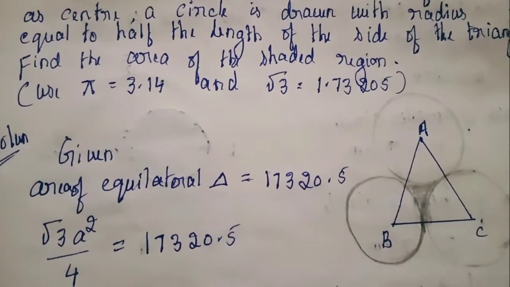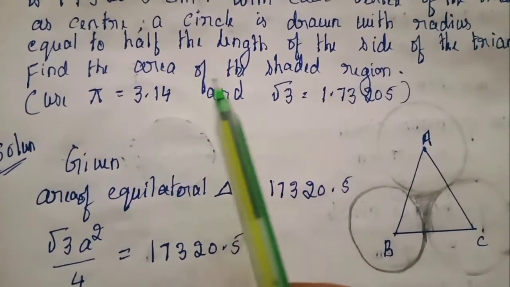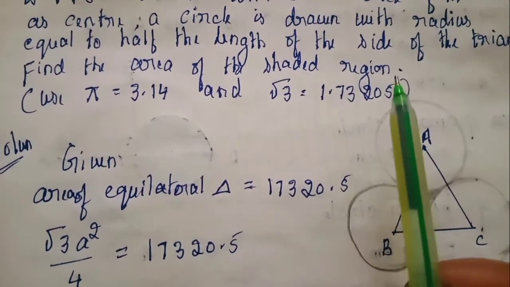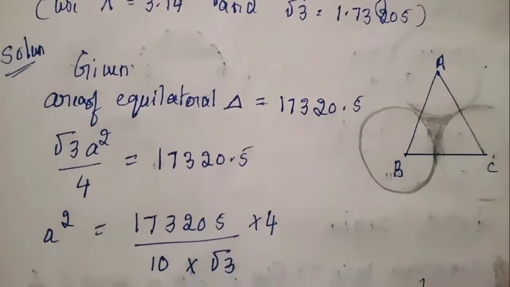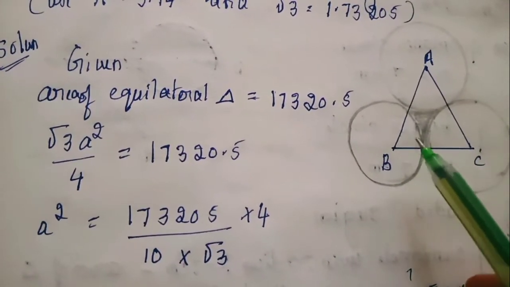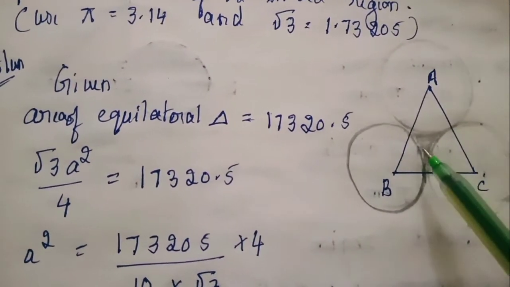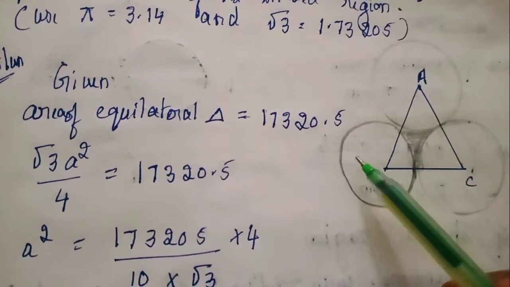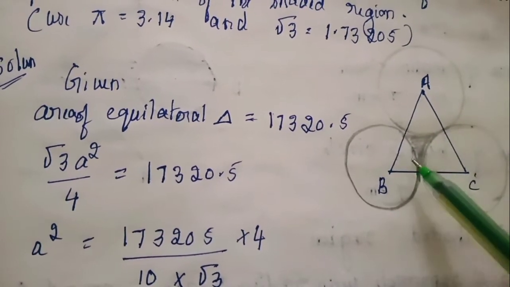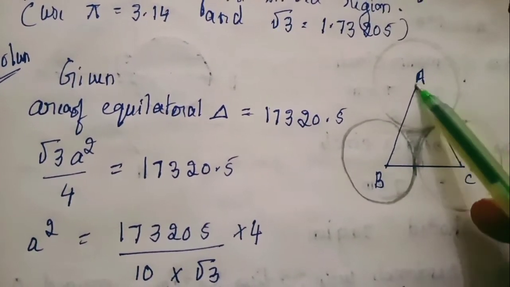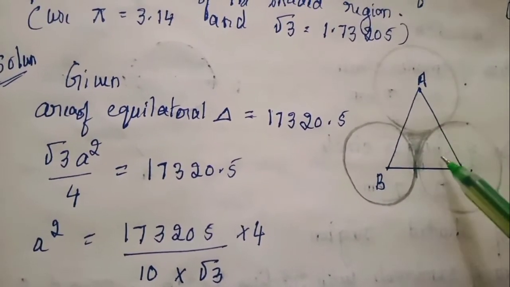Now let us concentrate on the area of the equilateral triangle. What he is asking is to find the area of the shaded region. You can see this middle portion is shaded. Observe the diagram. Before I find the radius of the circle and the side of the equilateral triangle, observe the diagram to see how to find the shaded part. Don't consider this extra portion because it is not in the triangle. So what is in the triangle? You can see the triangle is the bigger part here. Area of equilateral triangle minus these three corners.